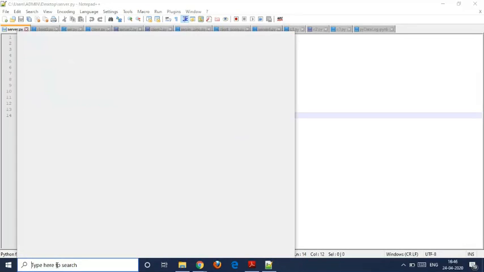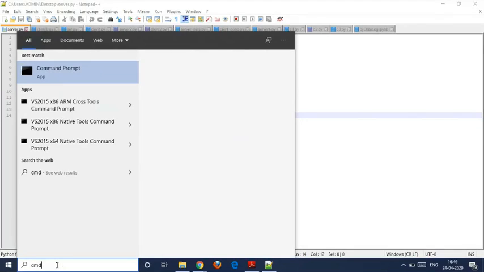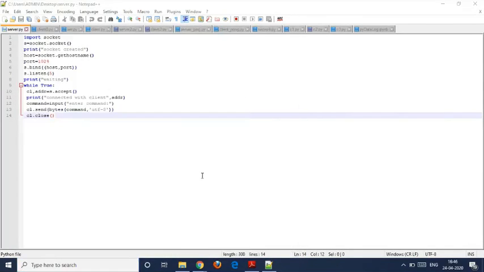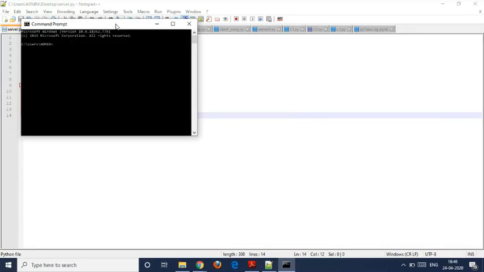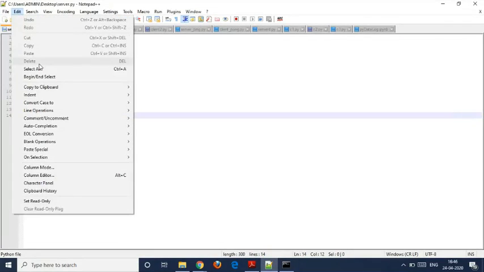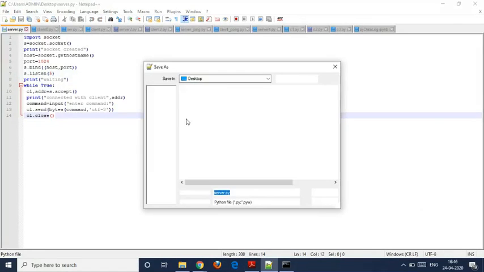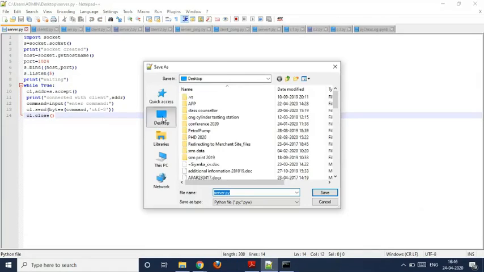After that, what we will do, we will open the command prompt. Before that, I just want to show one thing, that we have saved this program through File, Save As, on a particular location. This location is the desktop in my case.